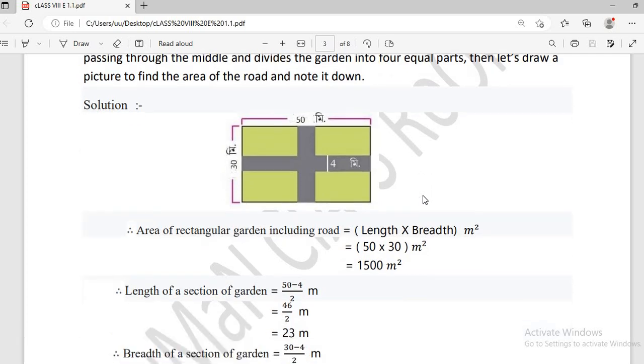The solution: the area of the rectangular garden including road. মানে ফার্স্টে রাস্তা সহ আমাদের পুরোটা ক্ষেত্রফল বের করেছি, তাই লিখলাম এরিয়া অফ দ্য রেক্ট্যাঙ্গুলার গার্ডেন ইনক্লুডিং রোড ইজ ইকুয়াল টু লেন্থ ইন্টু ব্রেড মিটার স্কোয়ার ইজ ইকুয়াল টু 15 into 13 ইজ ইকুয়াল টু 1500 মিটার স্কোয়ার।